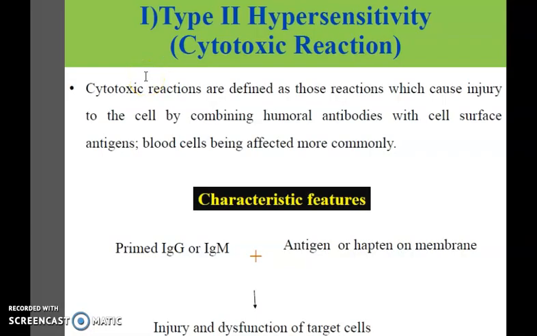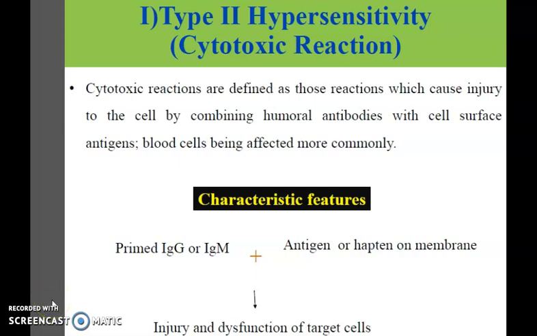Cytotoxic reactions are defined as those reactions which cause injury to the cell by combining humoral antibodies with cell surface antigens, the blood cells being affected more commonly. These reactions involve a combination of IgG or IgM antibodies with the antigenic determinants on the surface of cells, leading to cytotoxic or cytolytic effects,